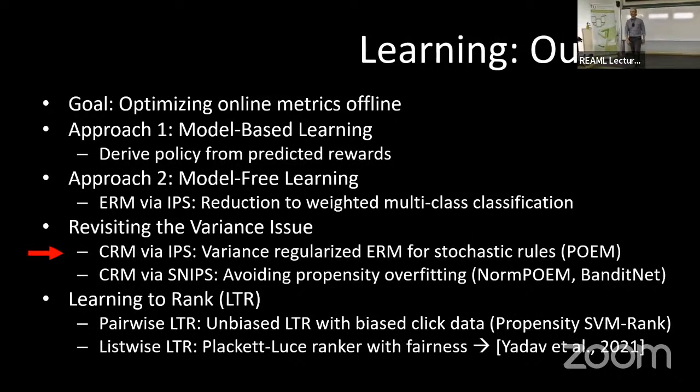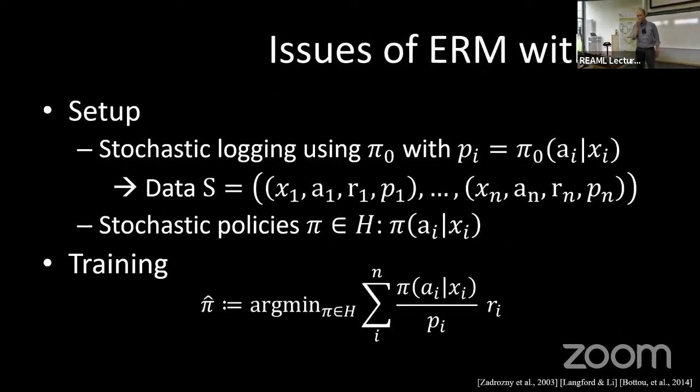Let's look at what happens if you pick the policy that maximizes the IPS estimator. So that's the IPS estimator. Now I'm minimizing, it's a loss now, but same thing. Conceptually, I'm going through all my policies. There's policy pi 1 in H. I'm evaluating that one, and I get a value for it. There's policy pi 2 in H. I'm evaluating that one, get a value for it, right? And I go through all of my policies like that, at least conceptually.